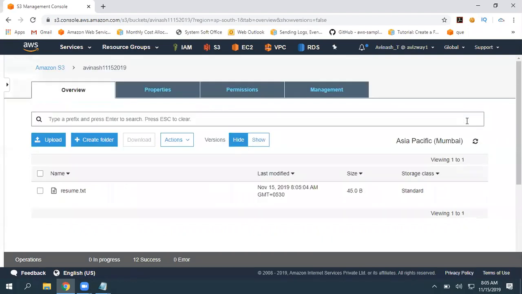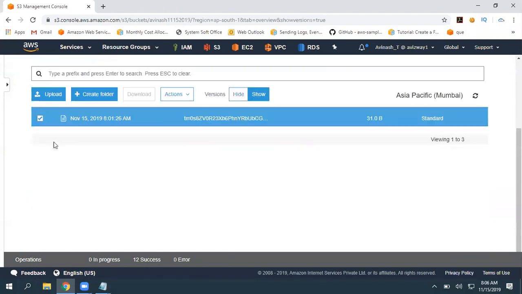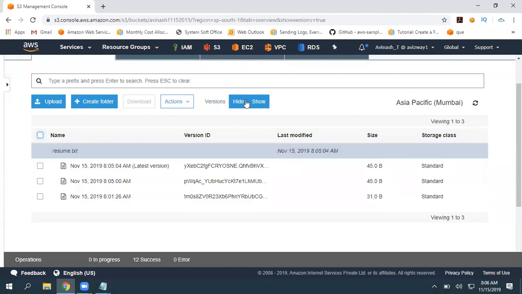Can we get any warning when we are uploading duplicate objects? No, we don't have such a feature here. So how do we permanently delete the file when the version is in hide mode? When the version is in hide mode, you cannot delete it permanently if versioning is enabled. If you want to delete it completely, make sure you set it to show and then delete that object completely. Then only you can.